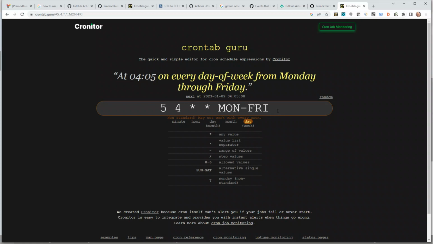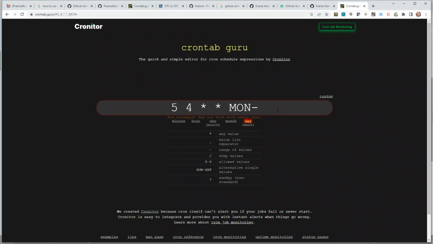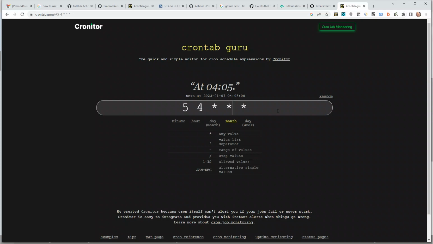In our particular case, let's say we want to run our report on every first of month. So we don't care about the day. We don't care about any particular specific month. So it's not about that, we only want to run on January or February. We want to run every month. And let's say we want to run on the first of every month, and maybe we want to run it